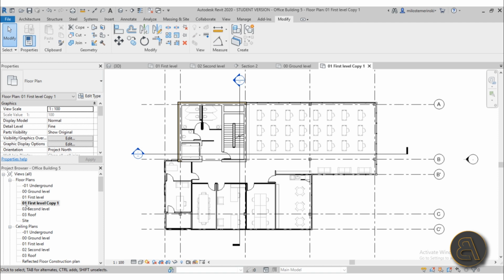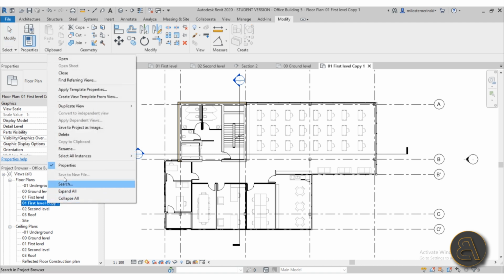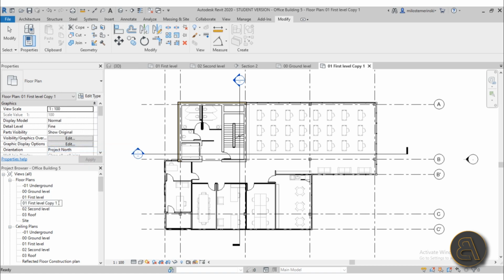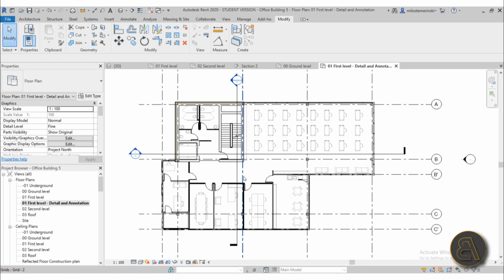Okay, so once we have that, we have this first level floor plan copy 1. Let's just right click on that and go to rename, and I'm just going to do a little dash and call it detail and annotation. Okay, so we do have now this new floor plan, and now we can start playing around with some detailing